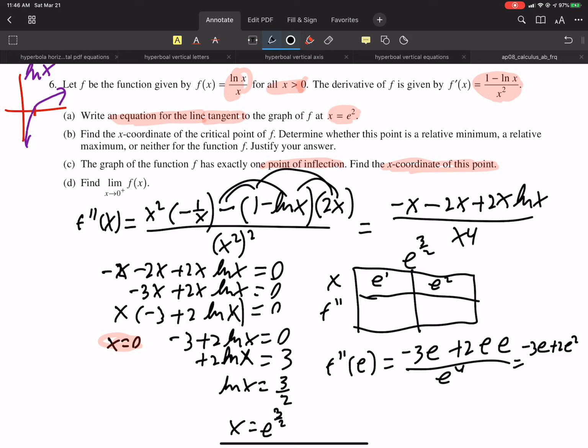Clearly that's bigger than minus 3e, so it's positive. Now I think we could have made life easier if we looked at our simplified form. So if we would have looked at just this, yes, that would have been much more beautiful. So if we would have plugged e in there,